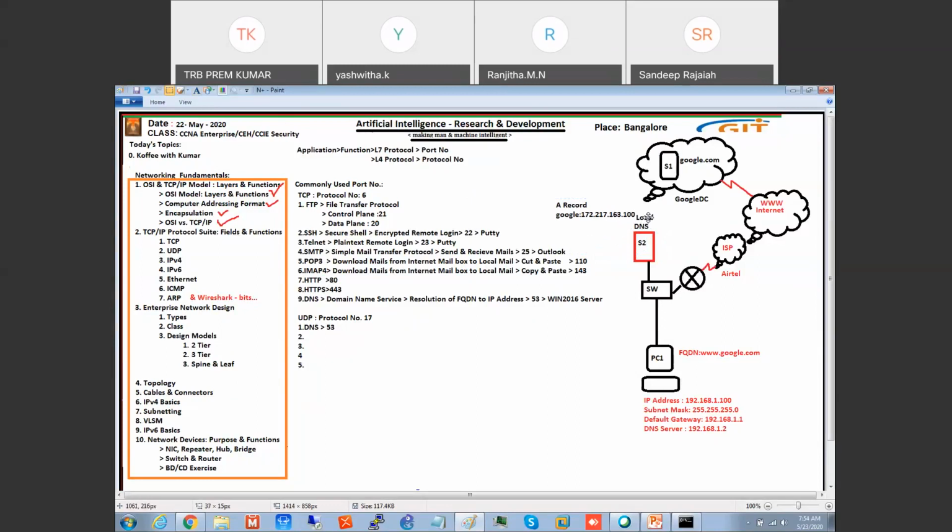So what it does is it will go and request this local DNS server. One will ask the local DNS server, and it will give the IP address. This communication is UDP. Now, for some reason, this local DNS server does not have the record. Now it will go and ask your